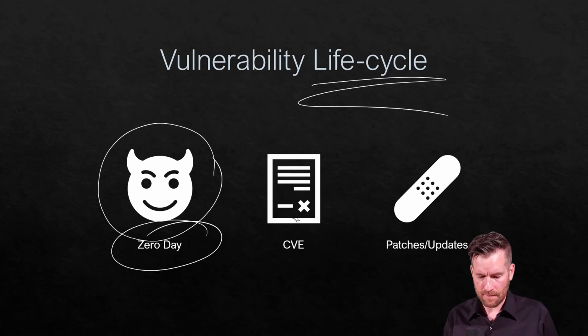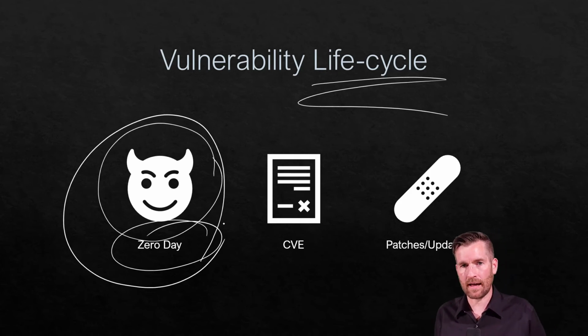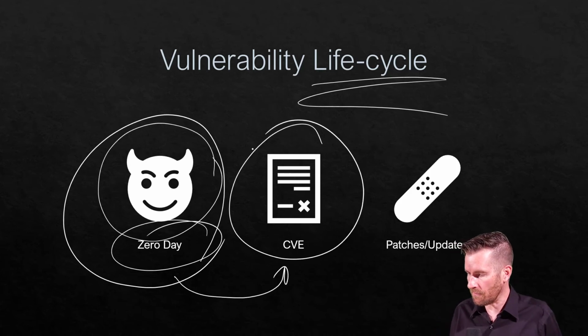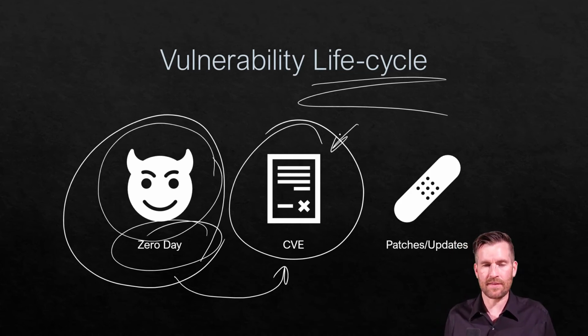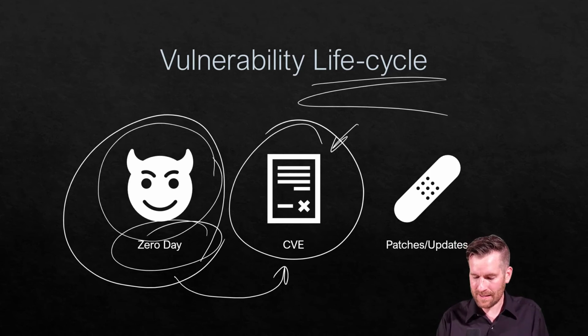But over time, this vulnerability gets broadcasted out and more people realize that this vulnerability is out there. And then the next stage of this is it goes into the CVE, or the Common Vulnerabilities and Exposures. So this is a list of all of the exposures and vulnerabilities that are out there. And this is a good thing. In some ways, what happens is that now more hackers will know about this vulnerability, but on the flip side,